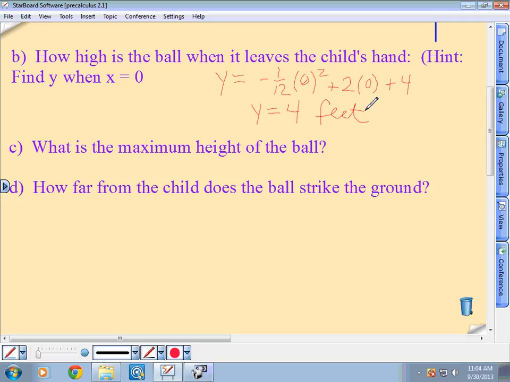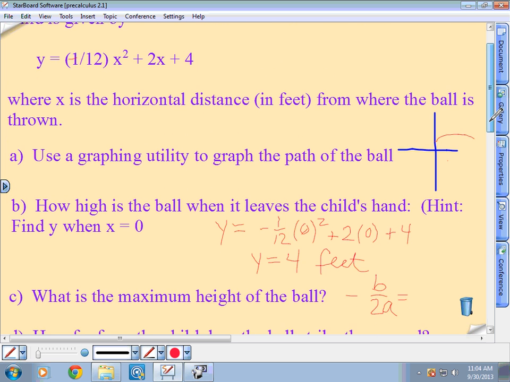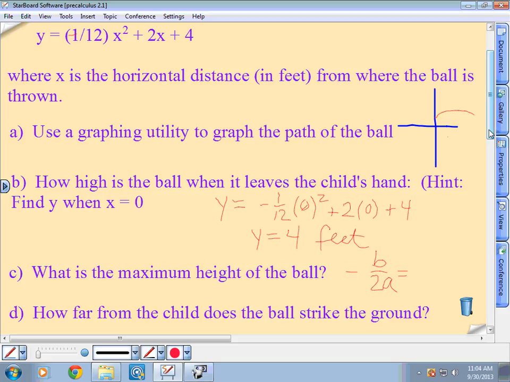Minus b over 2a. Good, that's all it is, minus b over 2a. So figure that out. What is it? Which one is b? So 0.032, there's your function up there. I apologize, that was a negative. I forgot to write it in my equation. So negative 0.032